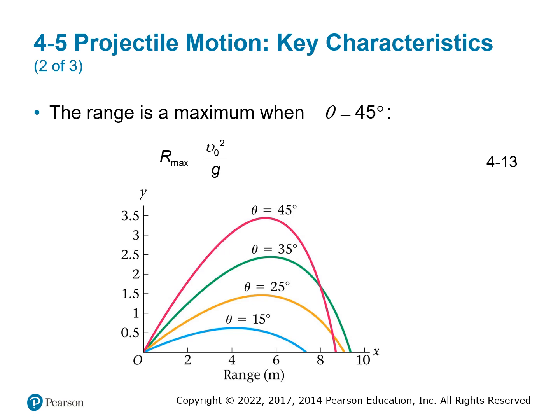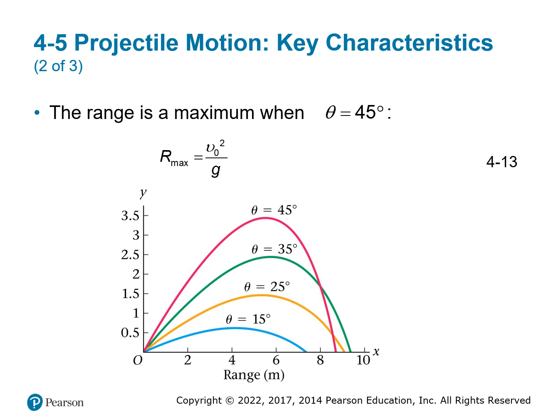Okay. Other key characteristics, especially when it comes to angles. Your horizontal range is going to be the maximum value it can be if your projectile is launched at 45 degrees. That's kind of like the magic angle. If you want something to go the furthest horizontally, you need to launch it at 45 degrees. You can figure out the range max using velocity squared divided by gravity.